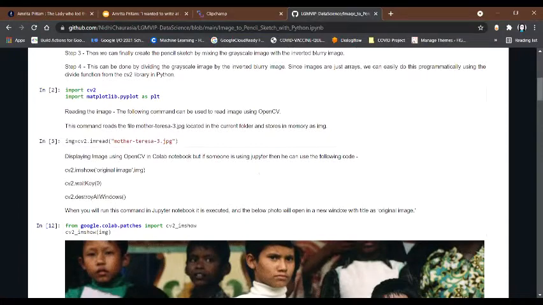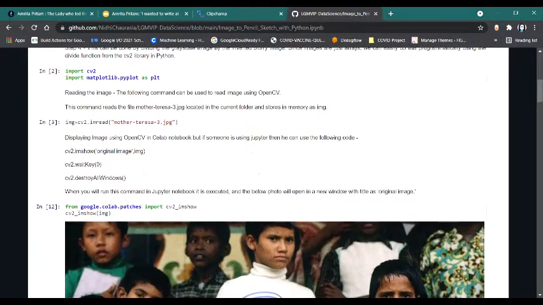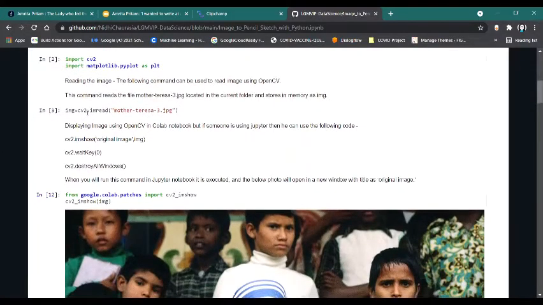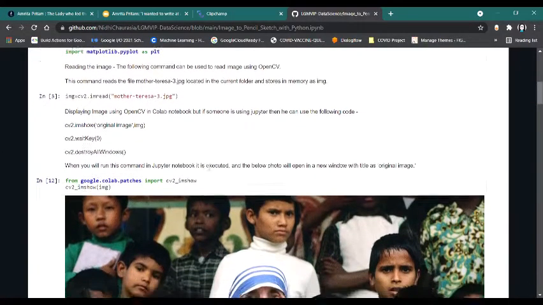I've imported CV2, matplotlib.pyplot as plt, and then read the image and stored it in the img variable.